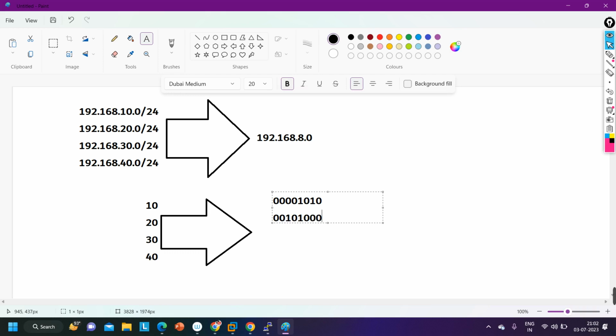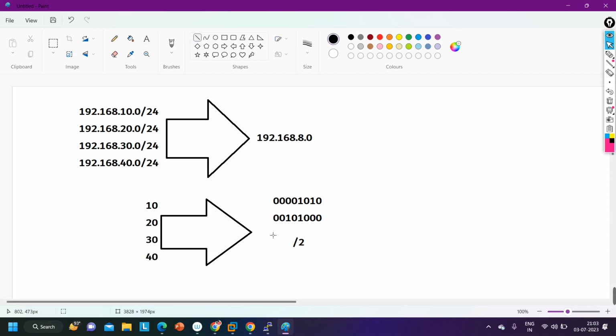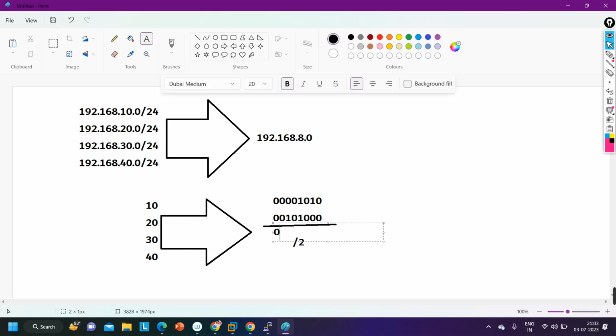Now you need to find the common bits. How many bits are common here? First 2 bits. So the slash value will be what? The slash value will be 2 in this octet. And here you will perform an AND operation. After the AND operation you get 00001000, so 1 and then 000.